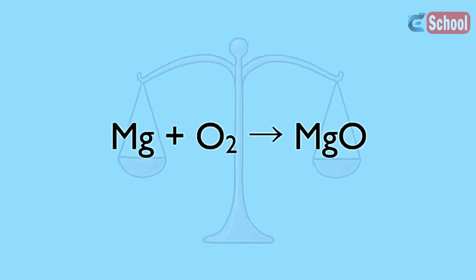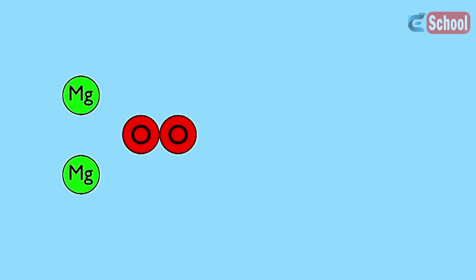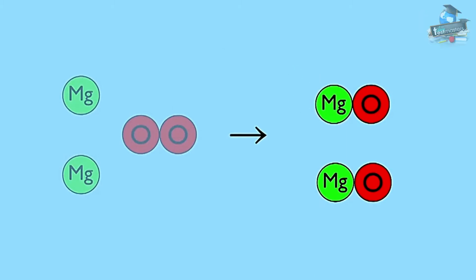This needs balancing. When we balance an equation, we are simply obeying the law of conservation of mass. All the atoms in the reactants must be accounted for in the products. It's easy to see this if we draw out the atoms, rearranging themselves to form the products. You can see clearly that no atoms are gained or lost during a reaction, so the mass is conserved.